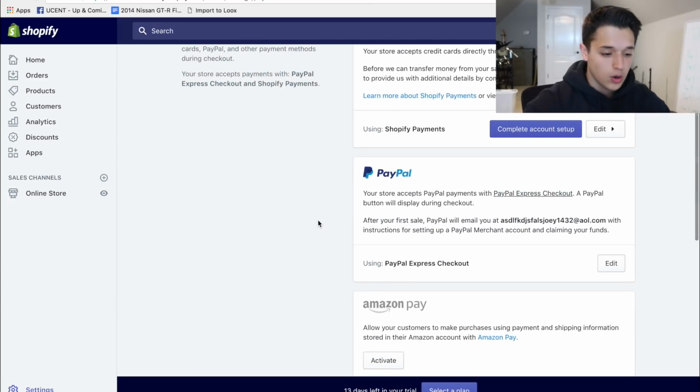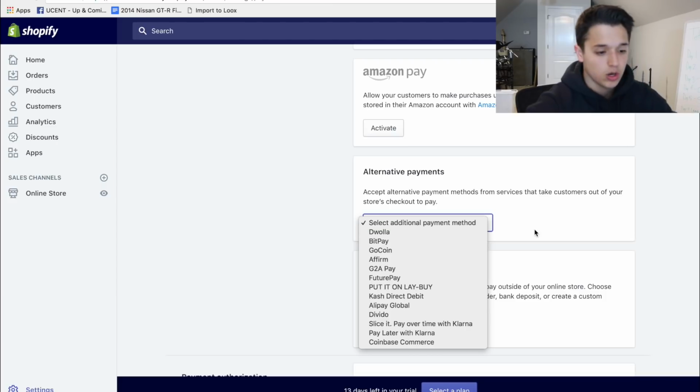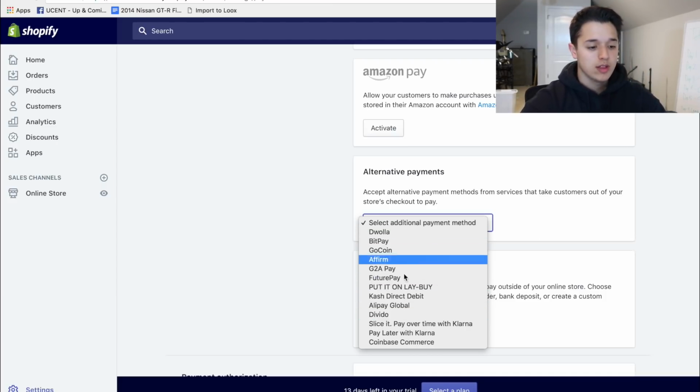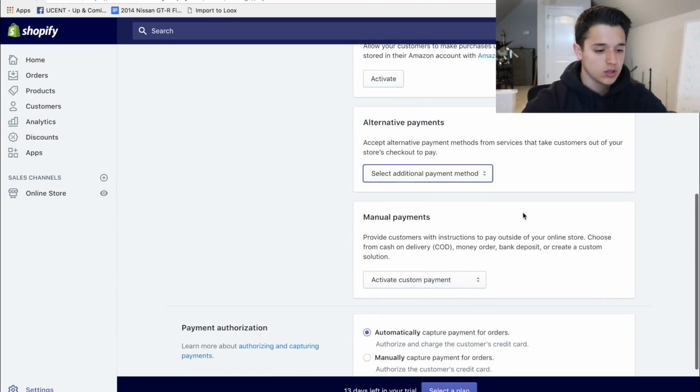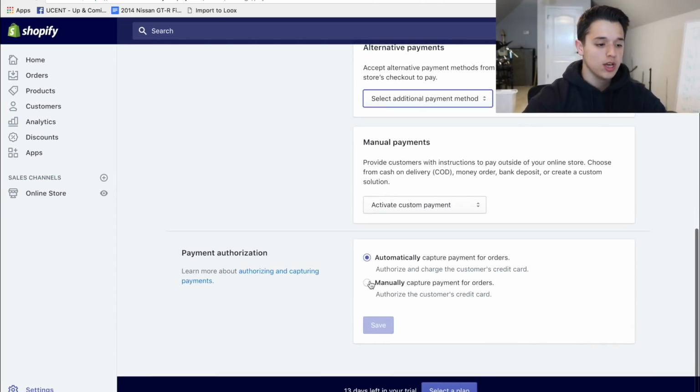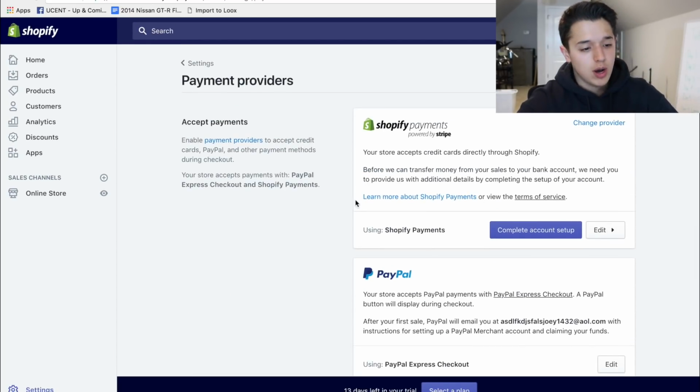So, there's also Amazon Pay and some other ones, but I've never really used them. Maybe in different countries you would use some of these different ones that are better for other countries and taxes and fees and all that kind of stuff. So there's all kinds of ways. Manually capture. Never do manually capture. That's just really hard work. I don't even know how it all works, honestly. So I just like to stick with the basic Shopify payments with Stripe